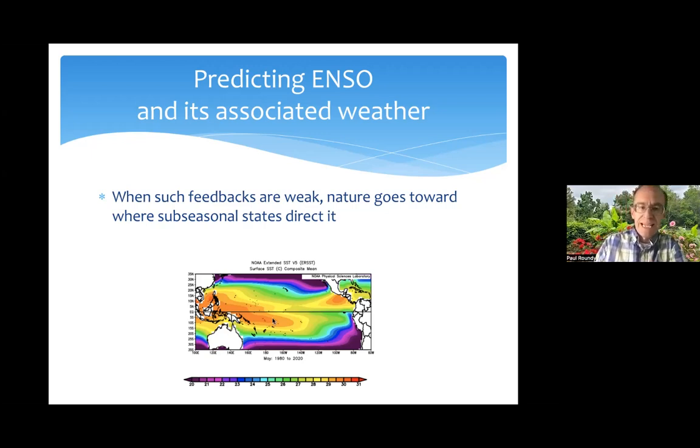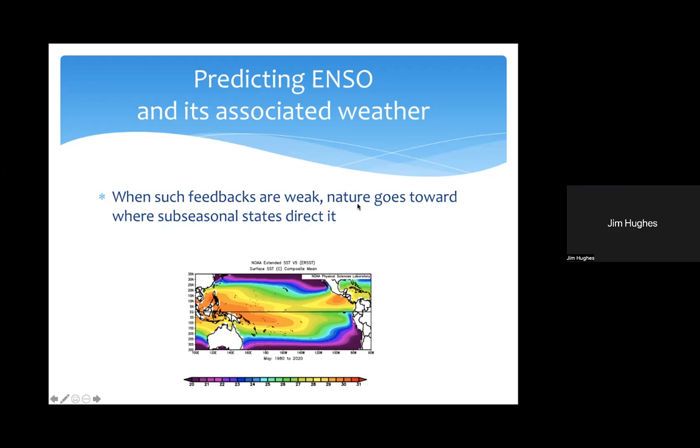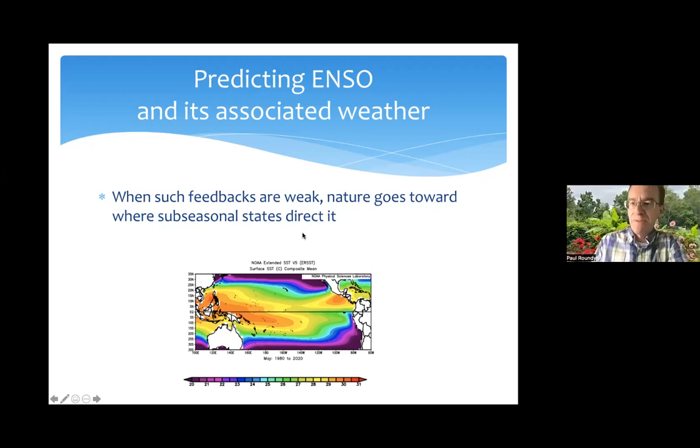So what it means is that this time of the year, nature goes toward wherever the subseasonal wind state directs it. So in fact, you'll see models waffling. Back in February, we were suggestive of patterns moving toward El Nino, and then there was a couple of months of strong trade winds. And this brought the thermocline back up and resulted in reemergence of the cold anomalies. And the MJO westerlies skipped a couple of months, and then they came back just a little while ago. And now the models have been edging a little warmer than they were before, as far as ENSO goes.